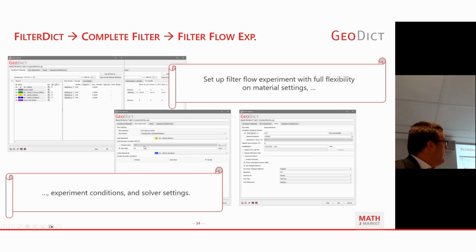Then in the middle window we have the flow setup, as a reminder. For the inlet, you can change the pressure drop and the flow rate. As I mentioned, for the cross flow filter, you can change all the outlets individually, separately, by pressure or flow rate.